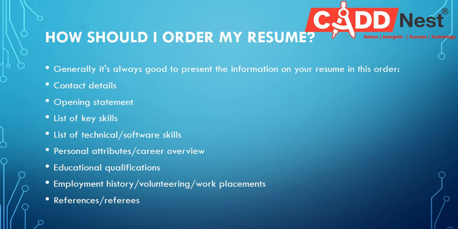The next is employment history or volunteering work placements. Employment history means you mention the previous work experience you have. If you have changed 2 to 3 jobs, you can provide the details of all 3 jobs and all the experience you have gained from them. Volunteering means if you are working voluntarily on some freelancing project, you can specify that as well. And work placement means additional work you do related to your skills, you can mention that in